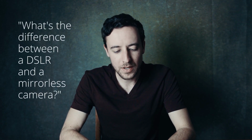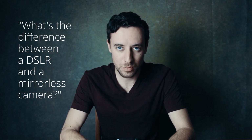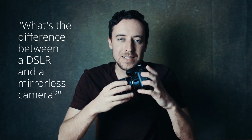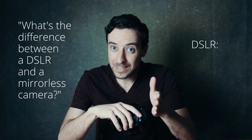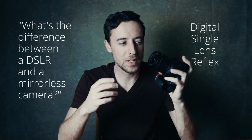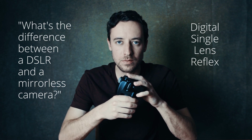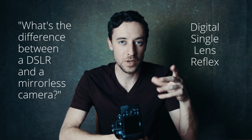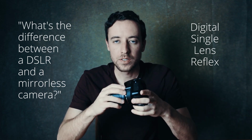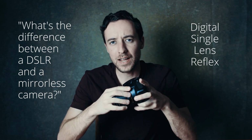Next question. What's the difference between a DSLR and a mirrorless camera? You might have heard these terms before. Okay, good. So a DSLR stands for digital single lens reflex. Digital means it's a digital camera, as in a camera that's a computer, not the old days when cameras shot with film. It's a digital camera because it saves your pictures to a digital file, yeah? Single means there's one of it. Lens means the lens on front of the camera. Reflex means that,